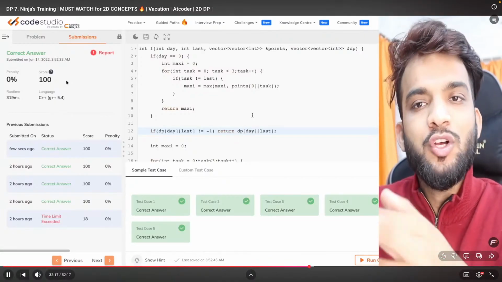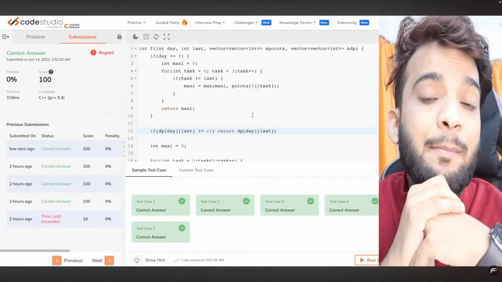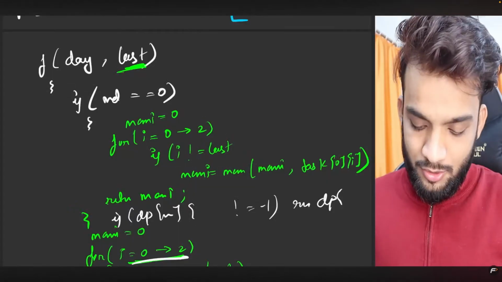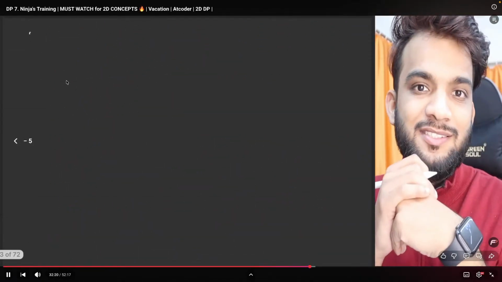Recursion does memoization in order to solve this particular problem. Now it's time to check out the next possible approach, which is tabulation, just in order to reduce the stack space. So what's the next step? The next step is